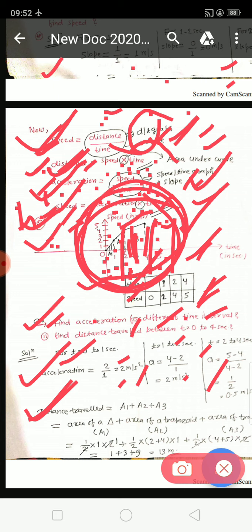Things are going more interesting, in a more conceptual way. So please start with my first lecture, lecture 1 of motion, and watch till this lecture, lecture 5. It is completely conceptual and covers your entire syllabus. It will cover your syllabus, but it will give you more depth, a more conceptual way, so that you will not go by rote memorization. You will not just remember those things, you will try to understand.